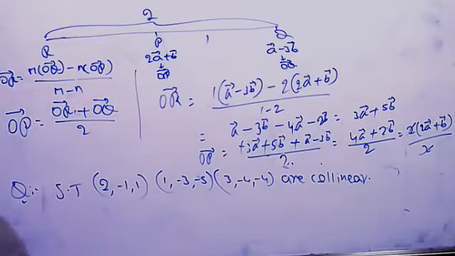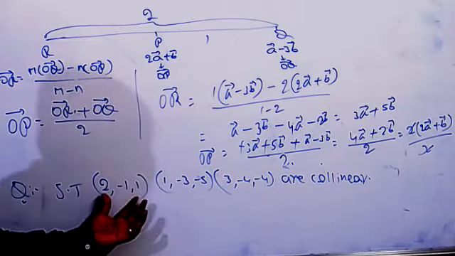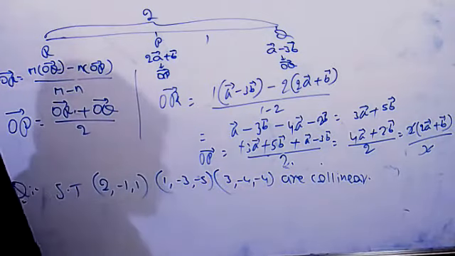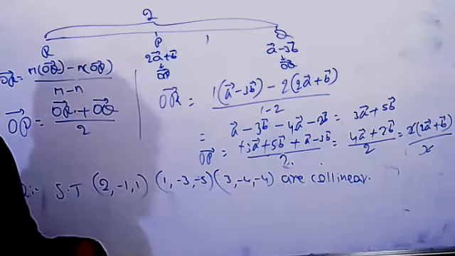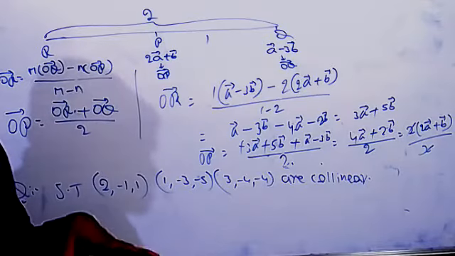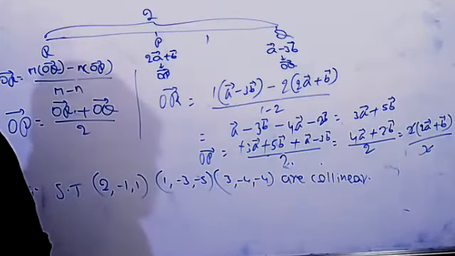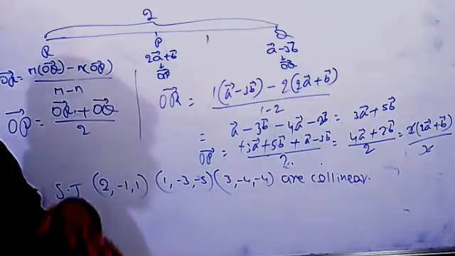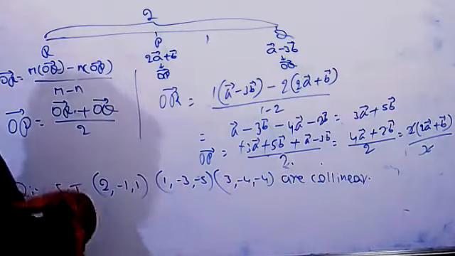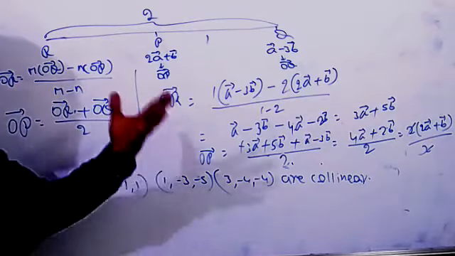You know very well that if you take vector A, vector B, vector C, we know OA, OB, OC. Then you can find the direction of AB, direction of BC, direction of AC. But if it is collinear, we know very well that condition: A is equal to lambda into B, then only we call it collinear. That means AB is equal to lambda into BC, or AB equal to lambda into AC, like that. If the conditions are satisfied, then directly we say that the 3 points are collinear.